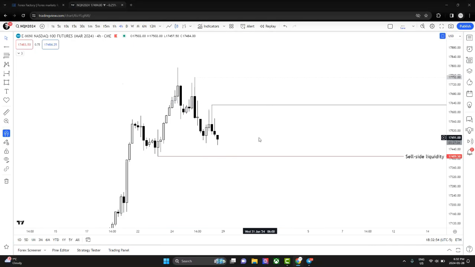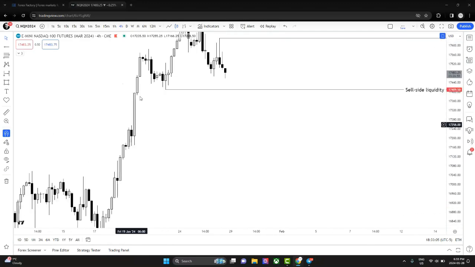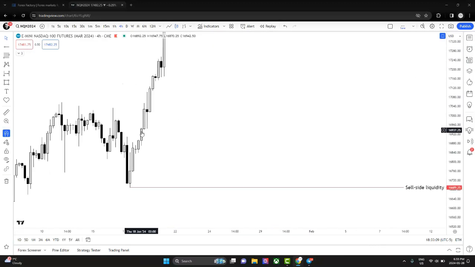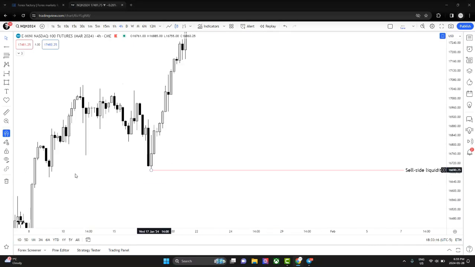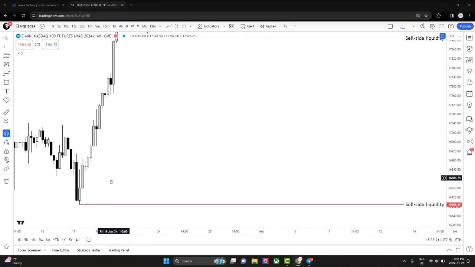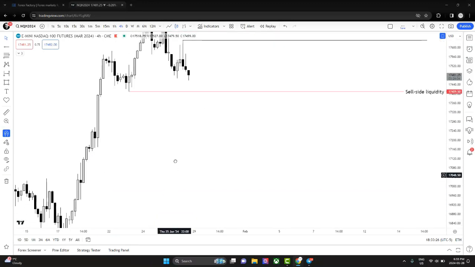Very important. So we have buy side liquidity here, sell side liquidity here. We have an imbalance right here. It will be a future drawn liquidity. We have an imbalance right here, future drawn liquidity. This is not an order block, right? And we have these relatively equal lows right here, but I highlighted this one, right? So this is what I expect price to be reaching for in the coming months